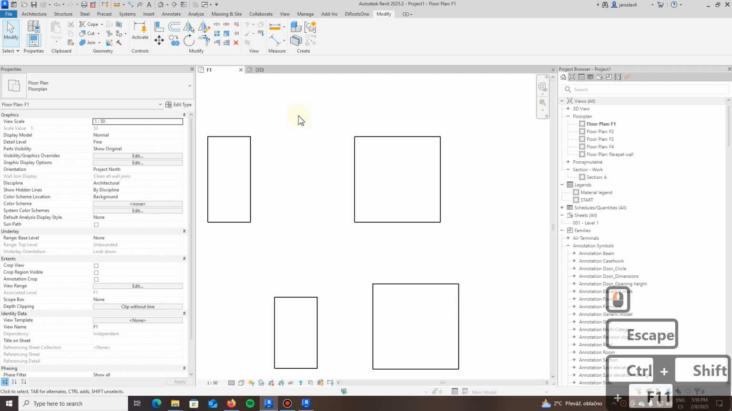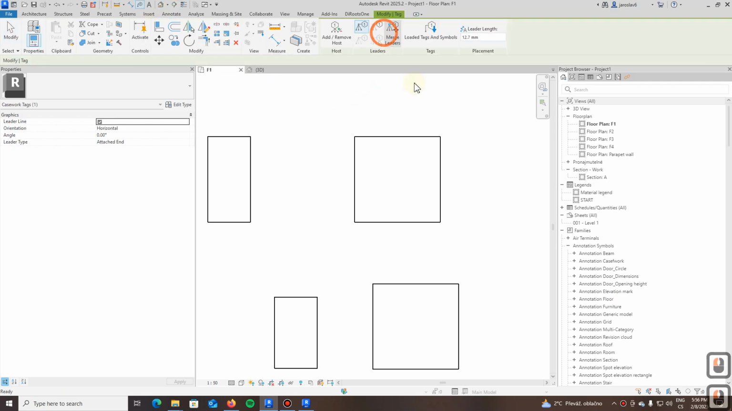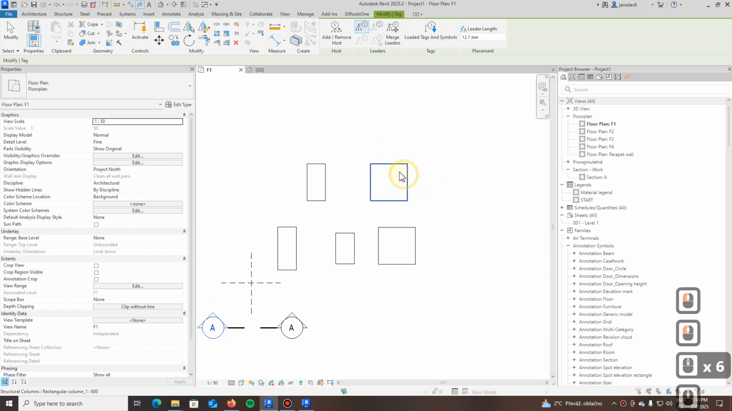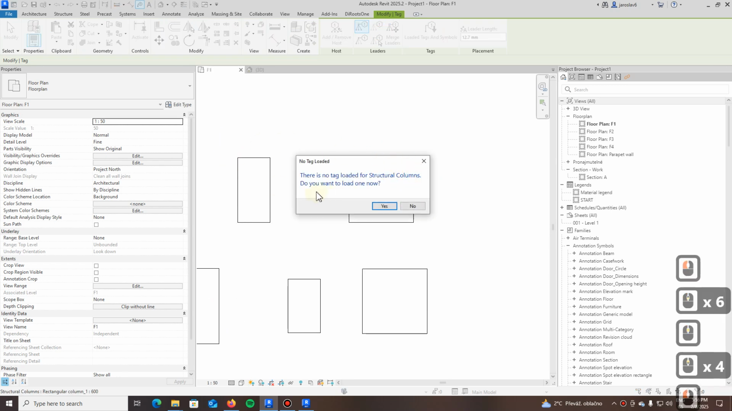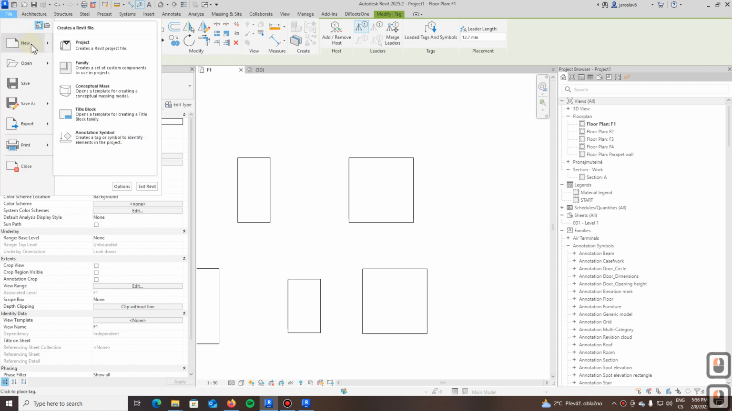Now I want to show you how to create your own tag. So if we go to Annotate and click Tag by Category and try to annotate this column, we get this message that there is no tag loaded for structural columns, so we need to create our own. So we go to File, New, Annotation Symbol,